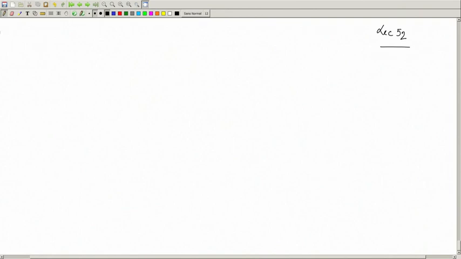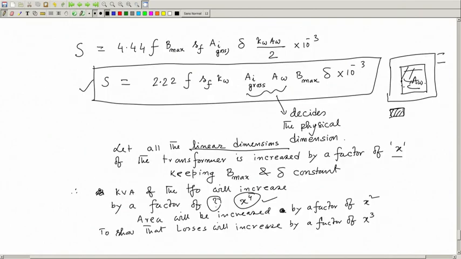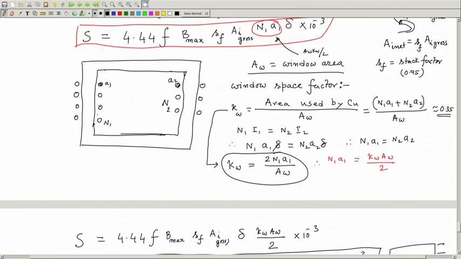Welcome to Electrical Machine 1 course, and we have been discussing some general topics of transformer, like what is its output equation, and what are the implications of increasing the physical dimensions of the machines. So, what we did is this, a very quick review is necessary, so that you understand